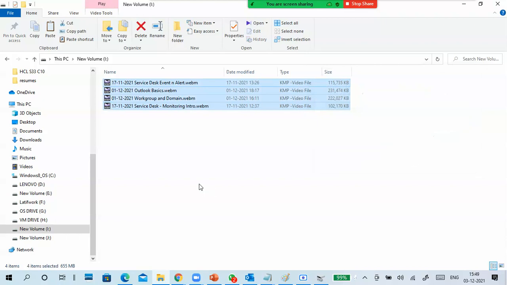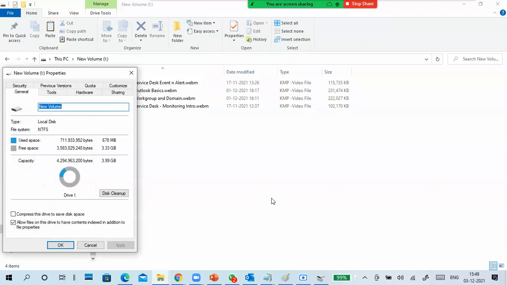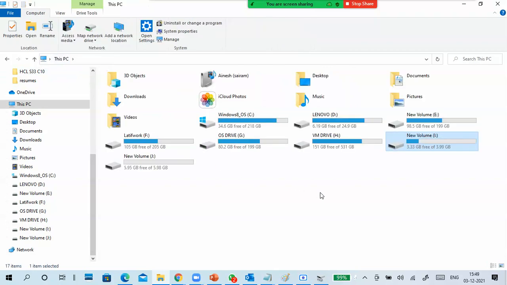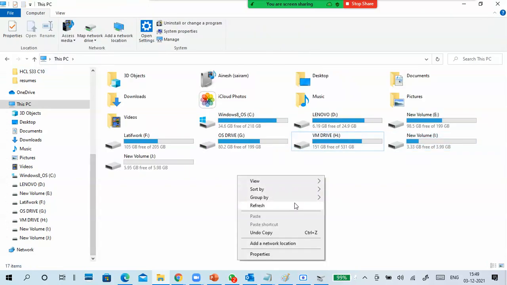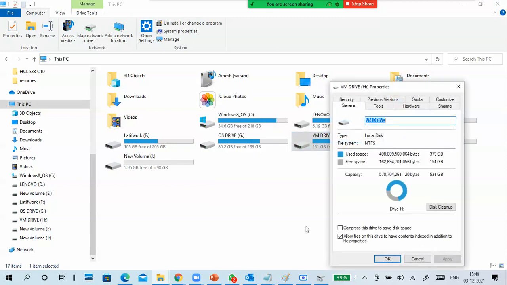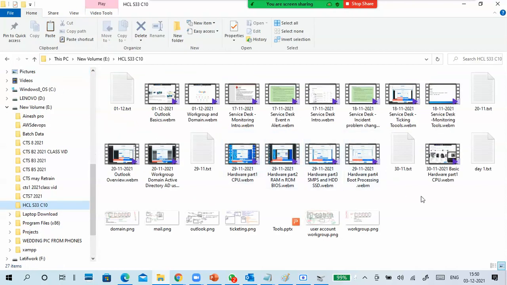Okay, so the overall size is, properties. So 678 MB. So we'll see in my H drive. It is not showing much difference, but if you require 1 GB, 2 GB data, then definitely you can put that much of data here.